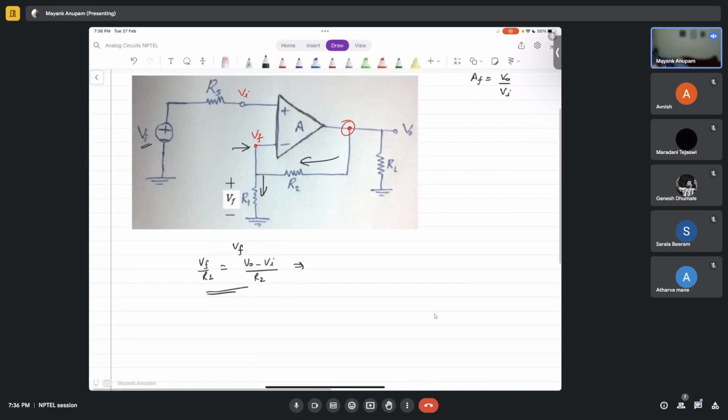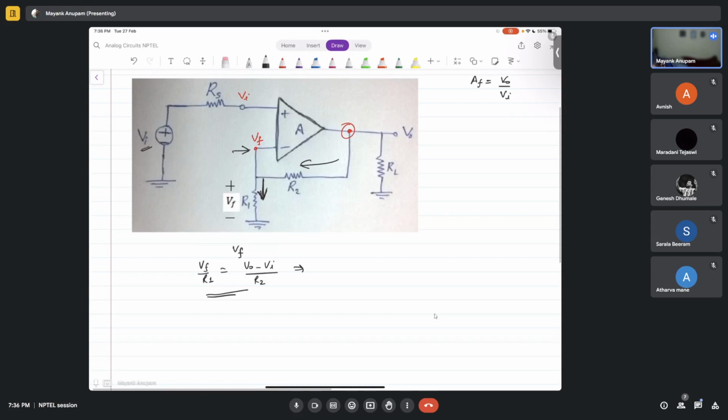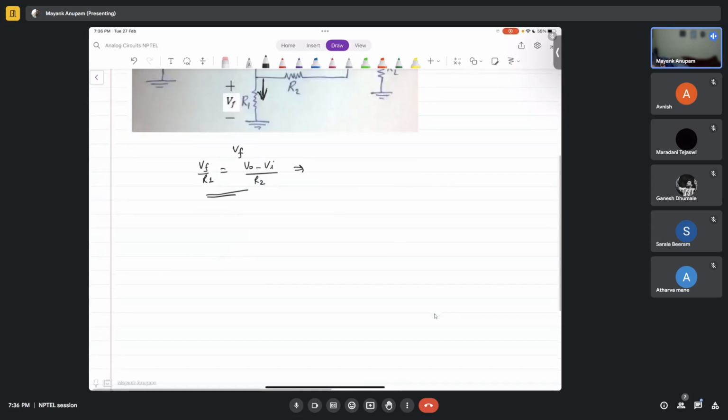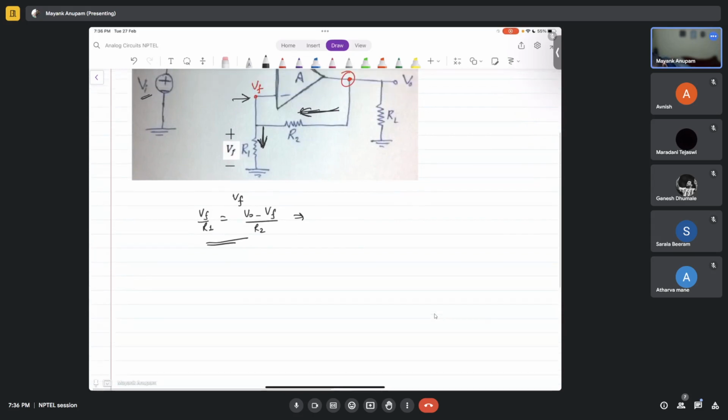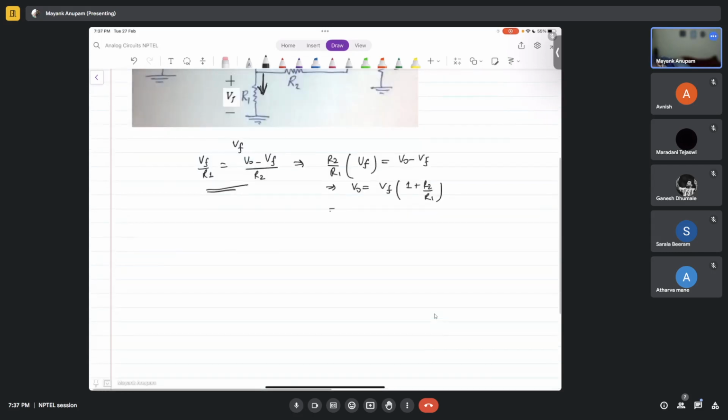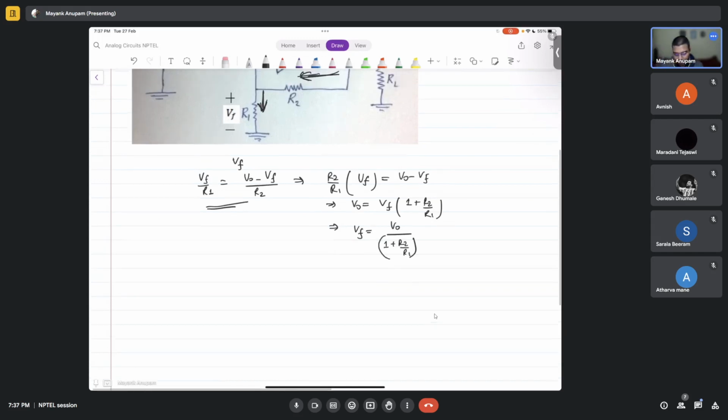Vf by R1, which is this current, has to be equal to this current, which is V0 minus Vf by R2. From here what you will get? R2 by R1 into Vf is equal to V0 minus Vf. So V0 will be Vf into 1 plus R2 over R1, so Vf is equal to V0 upon 1 plus R2 upon R1. Okay, and